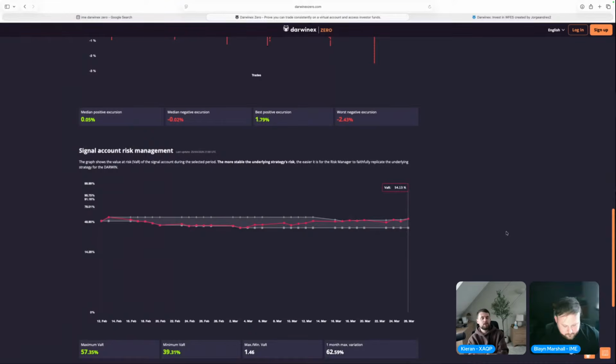However, the Darwin is going to come out at the same results anyway. So let's say, for example, you had a value at risk of 13%, which means that your risk multiplier is going to be 0.5x, and then you take a 1-lot trade. Your Darwin's going to end up taking a 0.5-lot trade because you have a risk multiplier of 0.5x. Now, let's say you brought your value at risk down to 6.5%, and that brought your risk multiplier up to 1. Well, you're going to have to reduce your position size to do that. So now you might be trading a 0.5 lot at signal account level. But guess what? You now have a higher risk multiplier of 1, but your Darwin's still going to come out to the same result as 0.5 because it's doing a 1x of 0.5 lots.